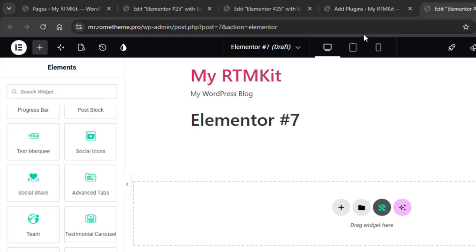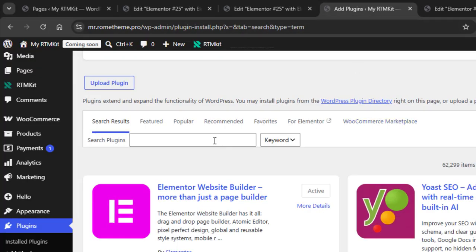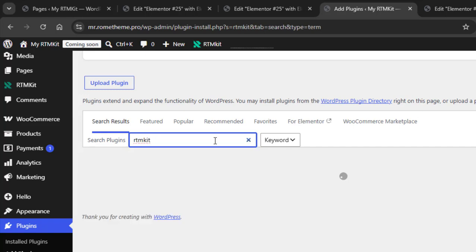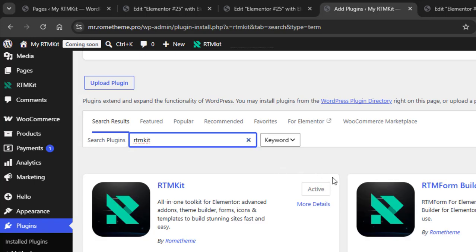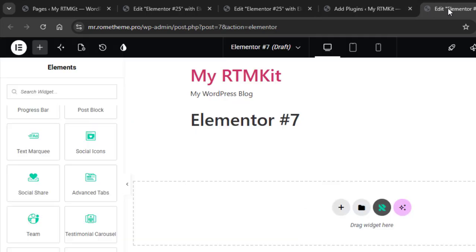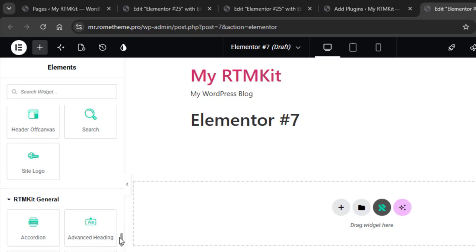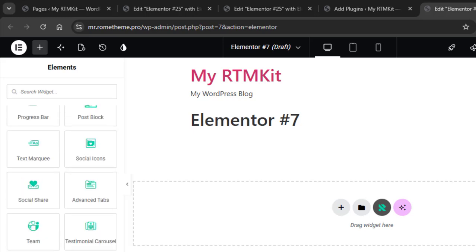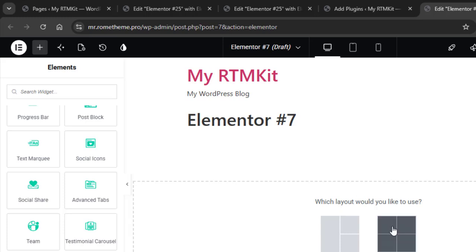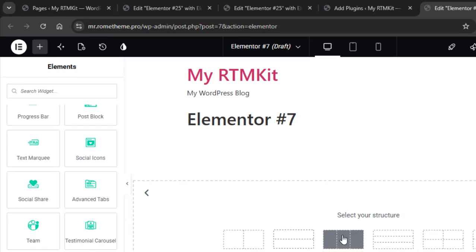So first of all, you need to install the RTMKit in Add Plugin, RTMKit. You need to install it, then activate it, and later on, when you add page and edit with Elementor, you scroll down. There is RTMKit General, and scroll down. There is theme. In here you can add theme, but first of all you need to create grid and 3 container,